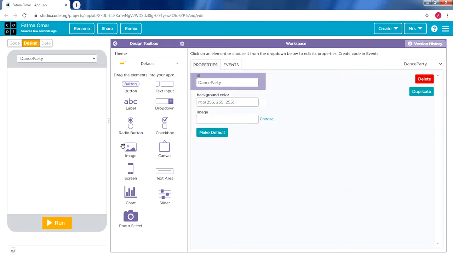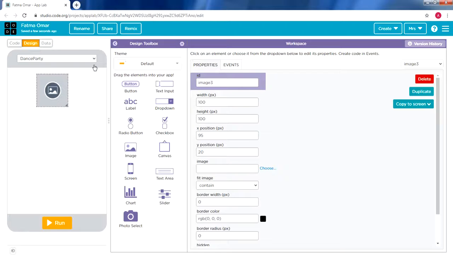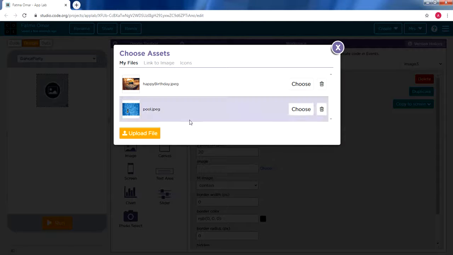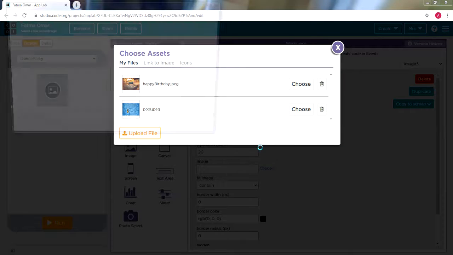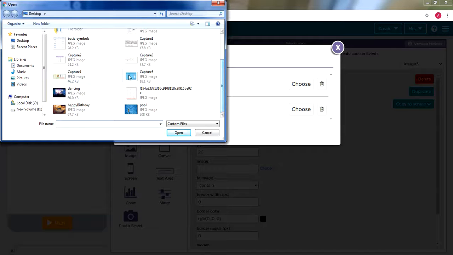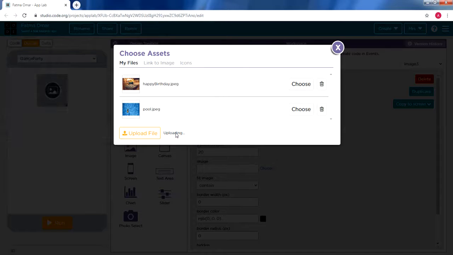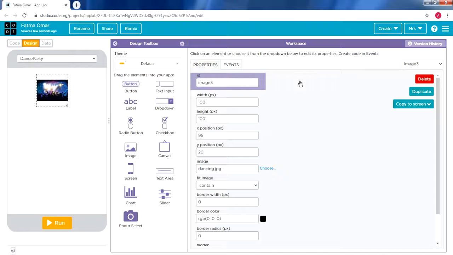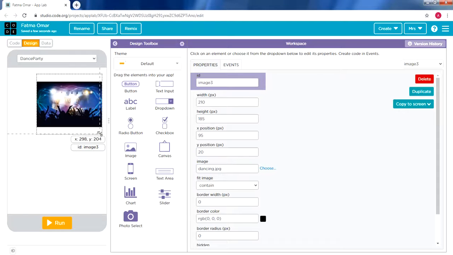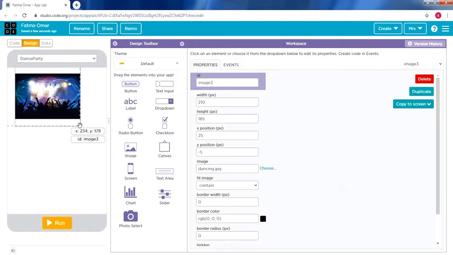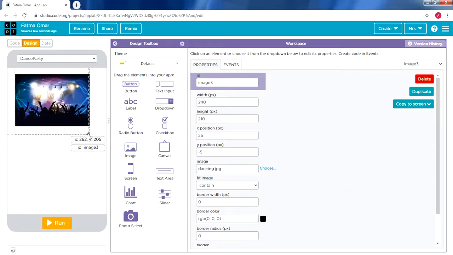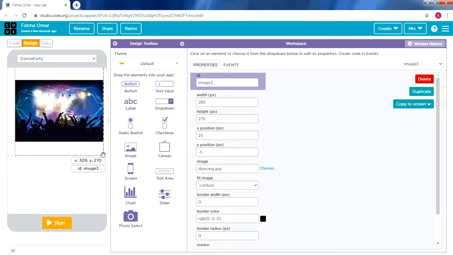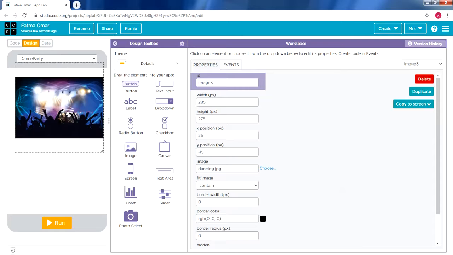Then we're going to drag an image here, selecting the image from properties, image. Okay, we're going to upload the image of the dance party here. Okay, choose, resize. Okay, or you can change the width and height as we did in the home page. Okay, then